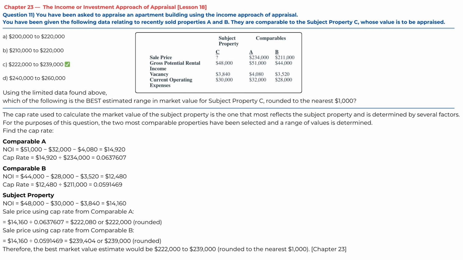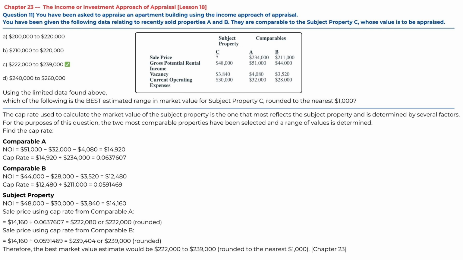The cap rate used to calculate the market value of the subject property is the one that most reflects the subject property and is determined by several factors. For the purposes of this question, the two most comparable properties have been selected and a range of values is determined. Find the cap rate. Comparable A. Net operating income equals $51,000 minus $32,000 minus $4,080 equals $14,920. Cap rate equals $14,920 divided by $234,000